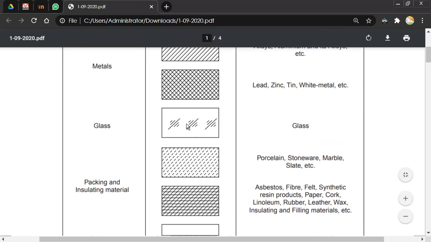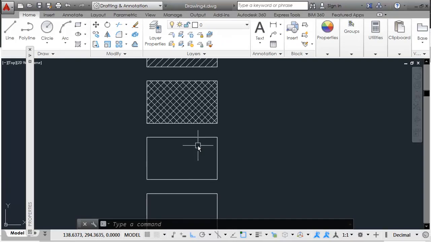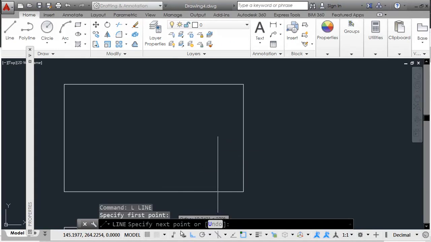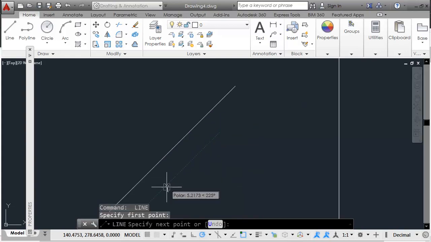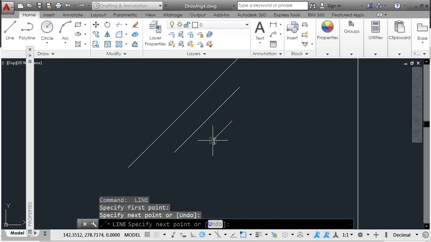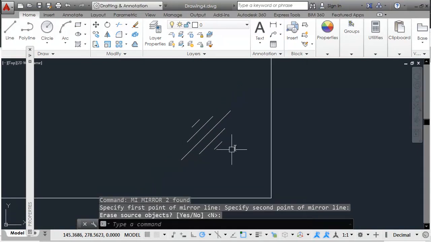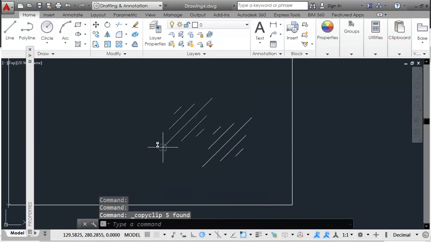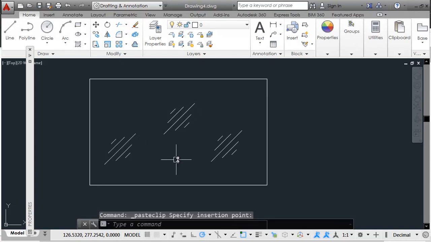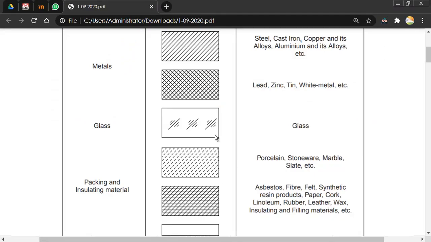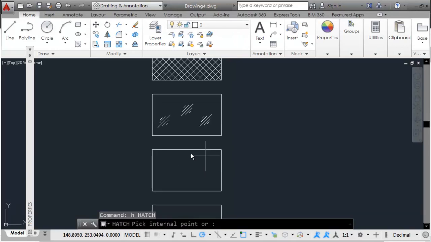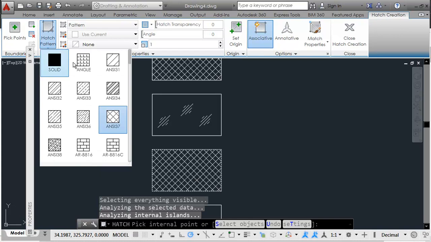If some of them are not available, like in the case of glass, you might have to actually draw it using your mouse, and then use one side to get the rest. You can go ahead and mirror it about that. You can place one or more of these. You can just copy and paste it. Copy paste, as I had told, you can use Ctrl C, Ctrl V, same as MS Office or any other place. And for this particular hatch, I'll go with the hatch command, click inside, go for pattern again,